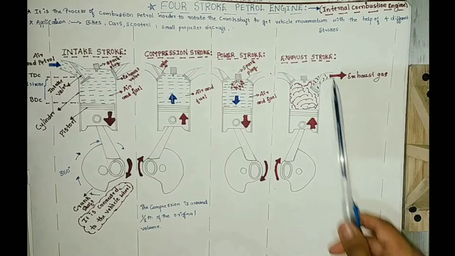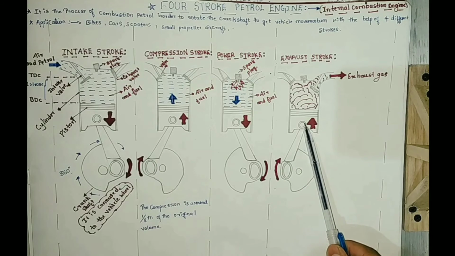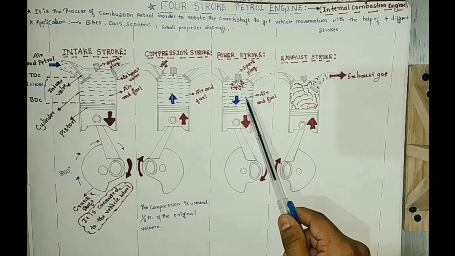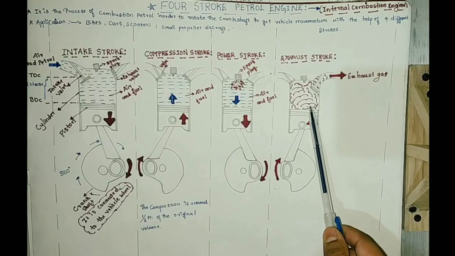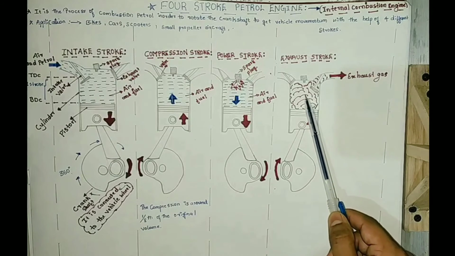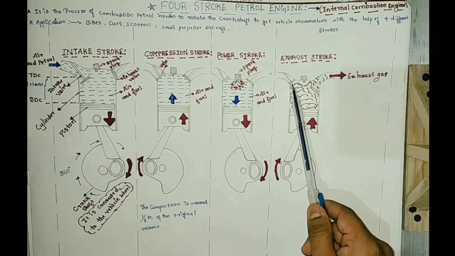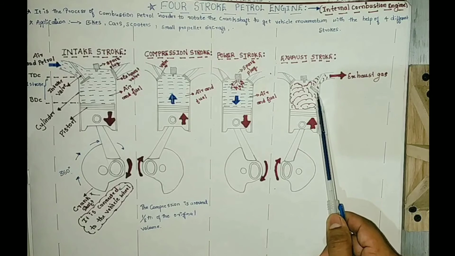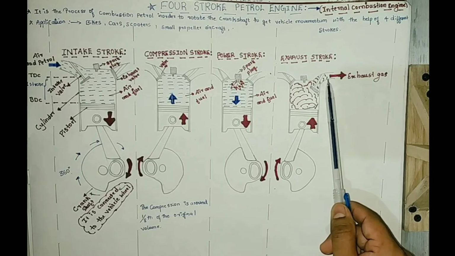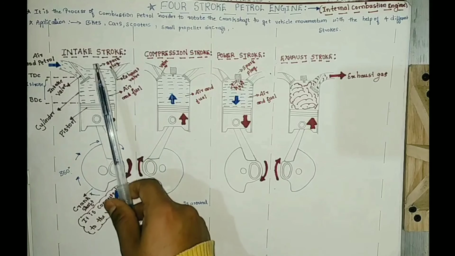In the exhaust stroke, the crankshaft is already in momentum, so it will continue for the next half cycle. Then the piston again moves from the bottom dead center to the top dead center. During that time, after the combustion of petrol, the gases that are present within the cylinder will be removed from the exhaust valve because of the momentum of the piston. During this process, the intake valve will be closed and the exhaust valve will be open. This exhaust valve is connected to the silencer of the bike, so all the gases will be removed out from the silencer of the vehicle. After that, this process continues again from the intake stroke.